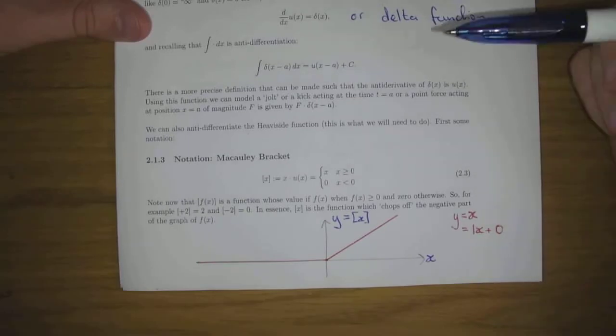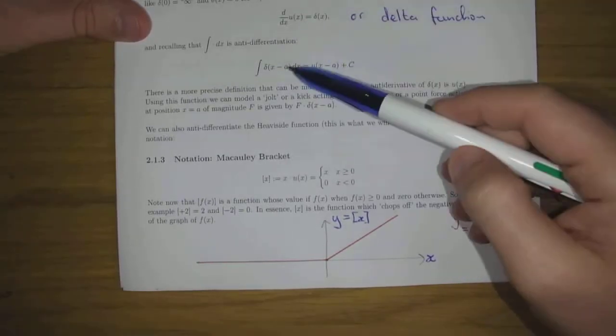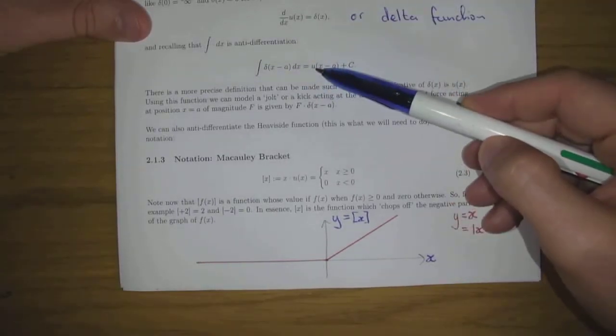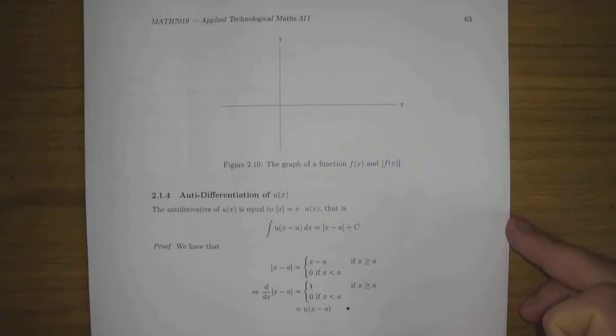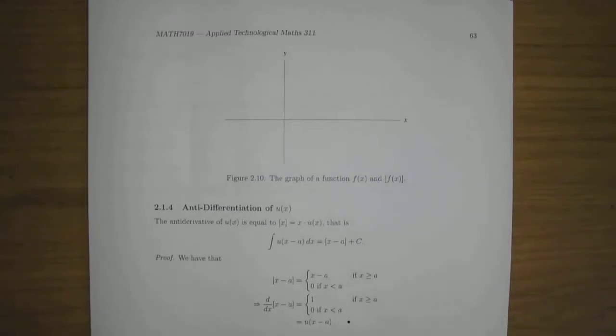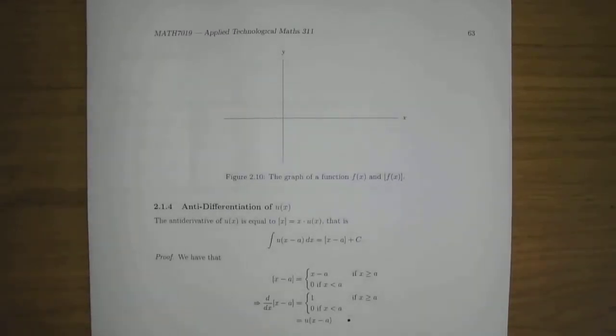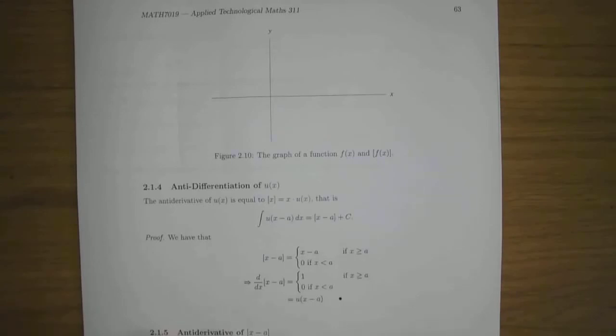Yeah, and we're going to probably write it down on the next page. The antiderivative of the Heaviside is the Macaulay bracket. Okay. Now in terms of a graph, what the Macaulay bracket does is whenever the thing is negative, it makes it 0. So I could draw something like